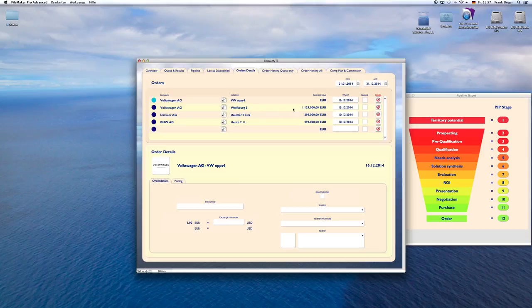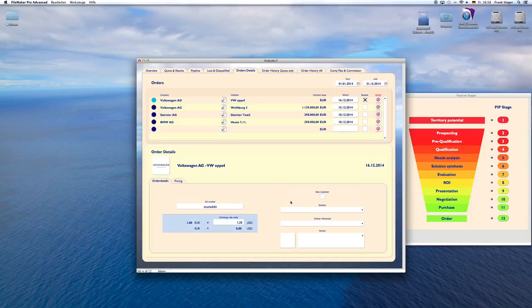And how can I get it in? So first of all, this is the current marked line, so it's a Volkswagen. Fill in an SO number, because that's what you will have once it be booked. So here we go, and you see it's booked. Put in an exchange rate, and this is the exchange rate for the order. It depends on the day you really book it. So let's say today we have